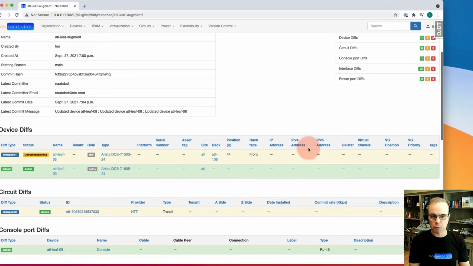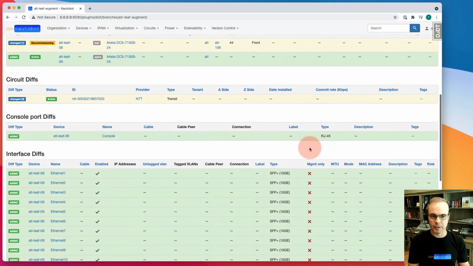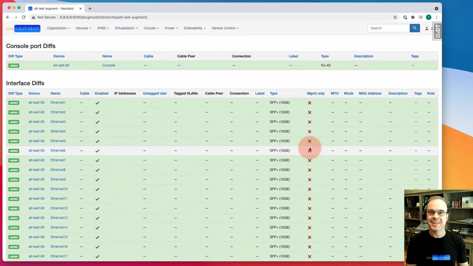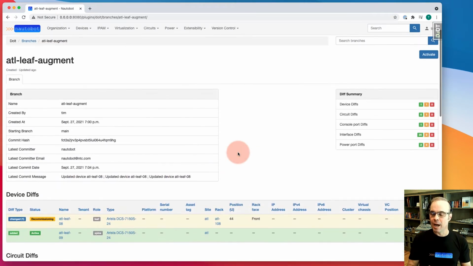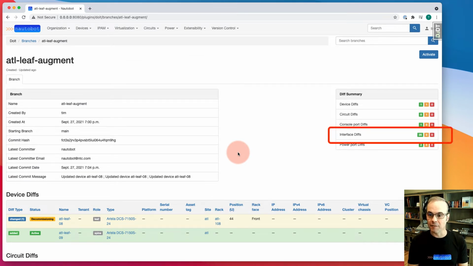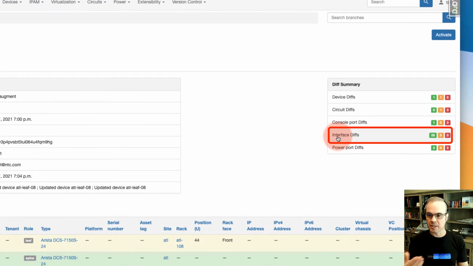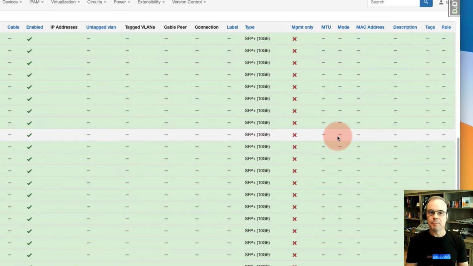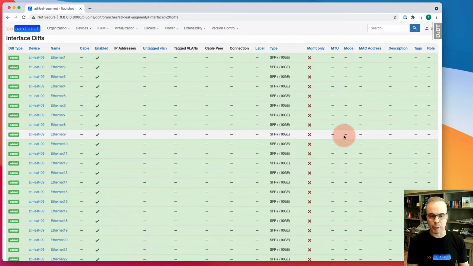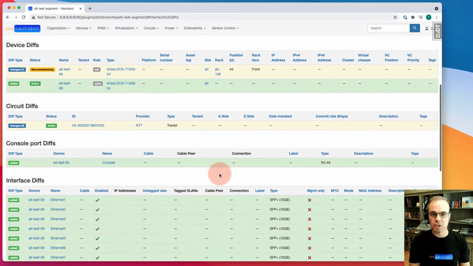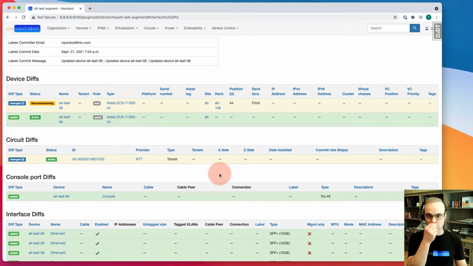Then you can also scroll through the different diffs. Now, if you're interested in a certain category of diffs to look at first, you can click on that category in the summary, for instance, interface diffs, and be taken directly to that to inspect as well. So you can review all these changes. So I, as this person who's making changes to the data, proposing changes to the data, I can review my